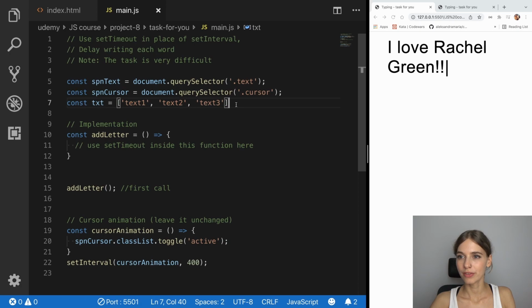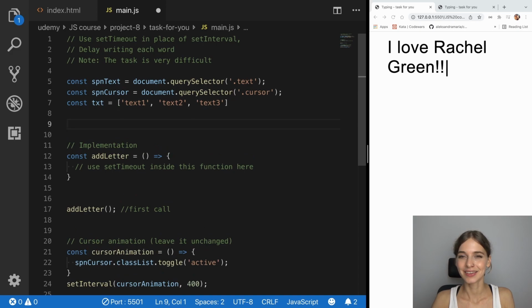And one thing that we didn't go through, I know that previously we used the setInterval and you will feel more confident using the setInterval, but I really want you to practice the setTimeout this time. And one thing that we need for this task in order to get it,